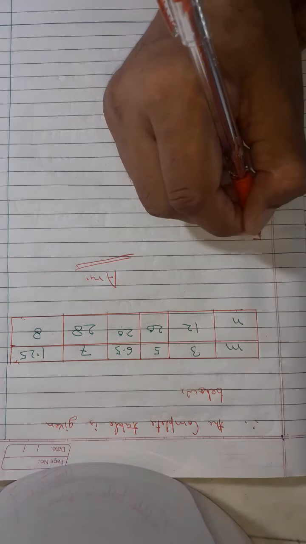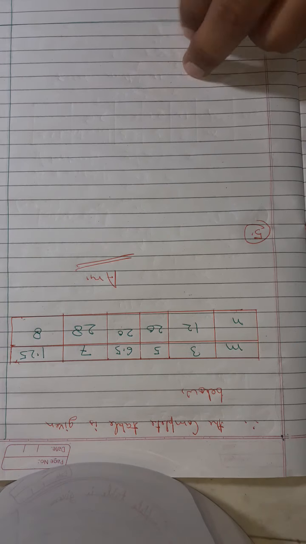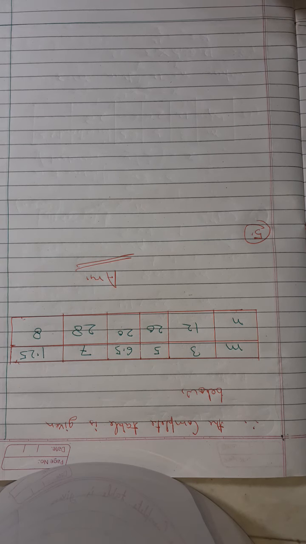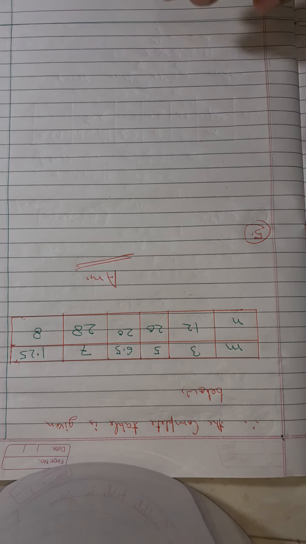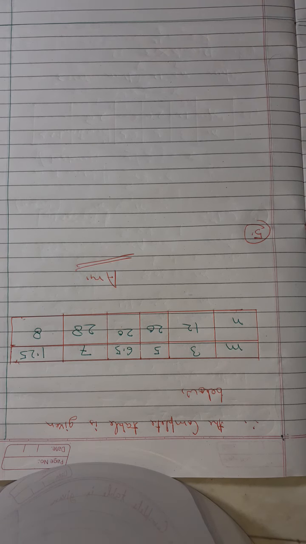Now come to the fifth sum. What is the fifth sum? Y varies directly as the square root of x. And when x is equal to 16, y is equal to 24. It is given. Then find the constant of variation and the equation of variation also. First of all, you have to find the constant of variation, because this is the main point. This is the main point you have to observe, where you have to reach.